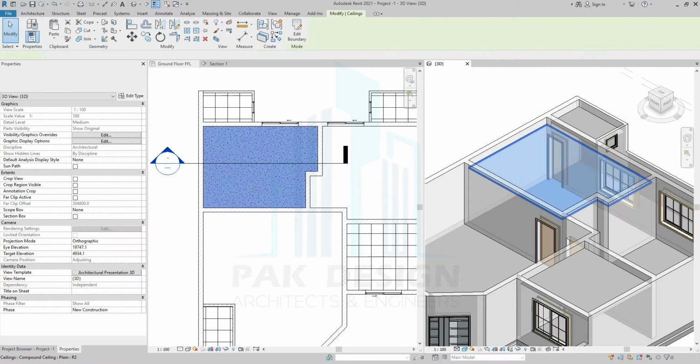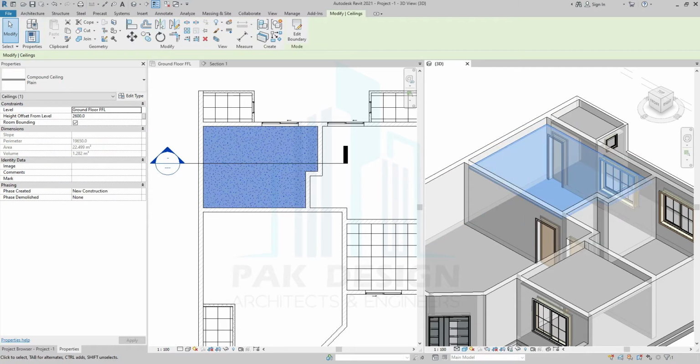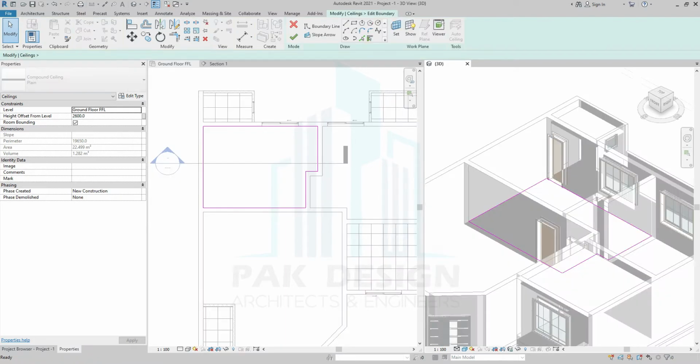If I want, we can make some cove or something. So what I'm going to do, I will make this like a cove. I will select boundary which is already selected. So I will make here cove. What I'm going to do here, I will use that pick line. Okay, I'm going to make a 500 cove.